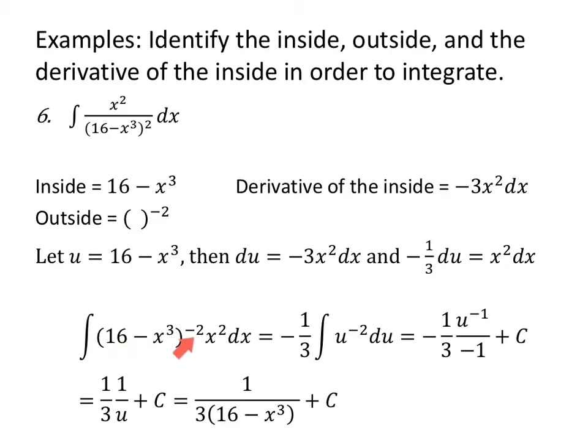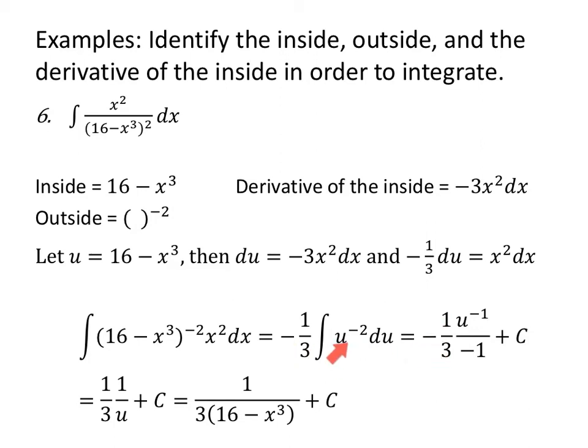16 minus x cubed to the negative 2 power becomes u to the negative 2. This x squared dx is replaced by the negative 1/3 in the front and the du in the end. As long as it's all in there, it's all being multiplied, it's good. This negative 1/3,